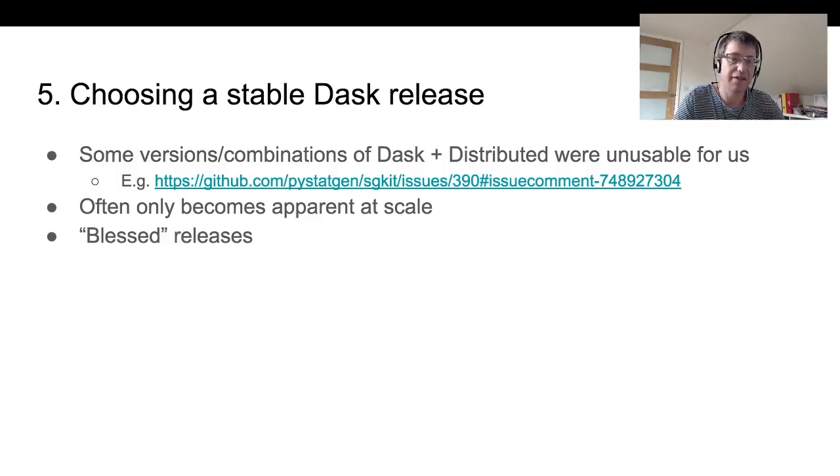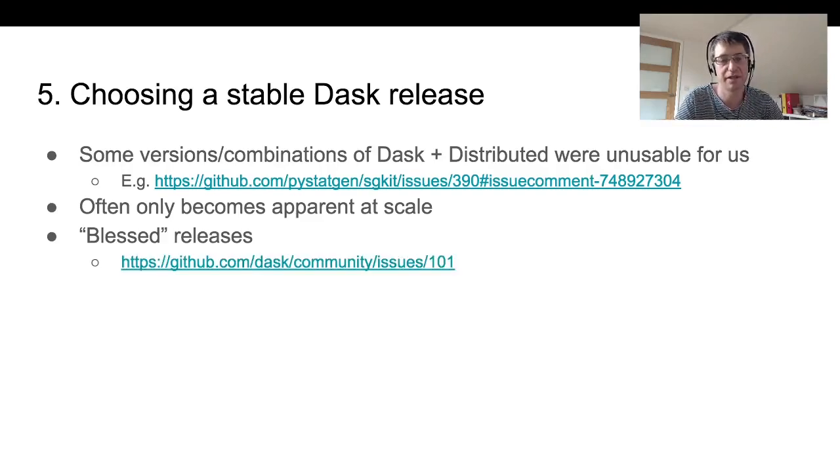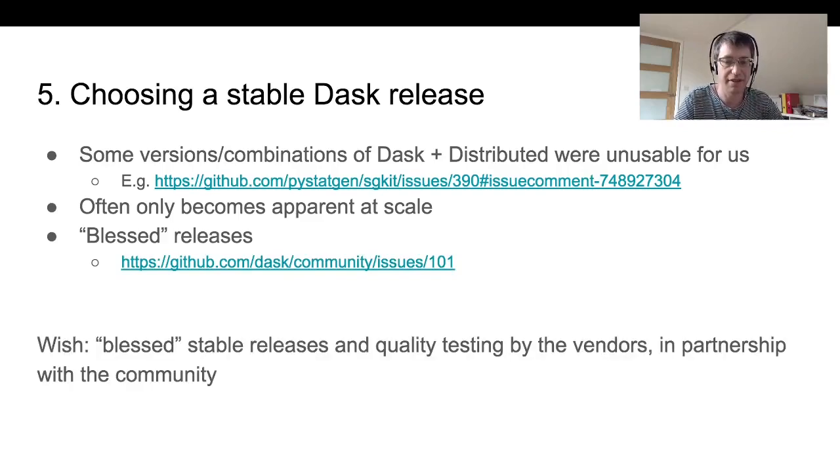So we like the idea of having blessed releases where you can be more sure that a particular release works well at scale. And there's discussion about that on a community issue. So yeah, we think that there's a lot of scope for improving that, and hopefully the vendors would step in and help with the